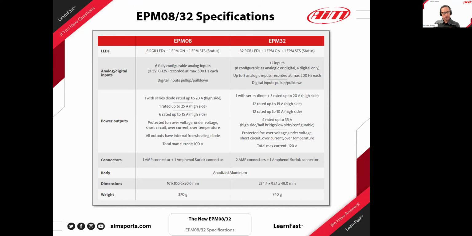Now, the digital inputs do have pull-ups and pull-downs, and that's the same as the EPM. So a lot of this is going to be a direct walkover from a PDM to an EPM. We're going to see a lot of similarities. It's just going to consolidate the configuration into one device, which is wildly beneficial when you have multiple PDMs in